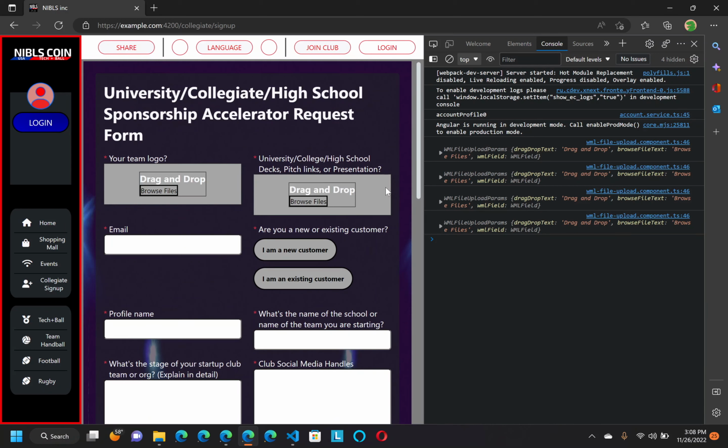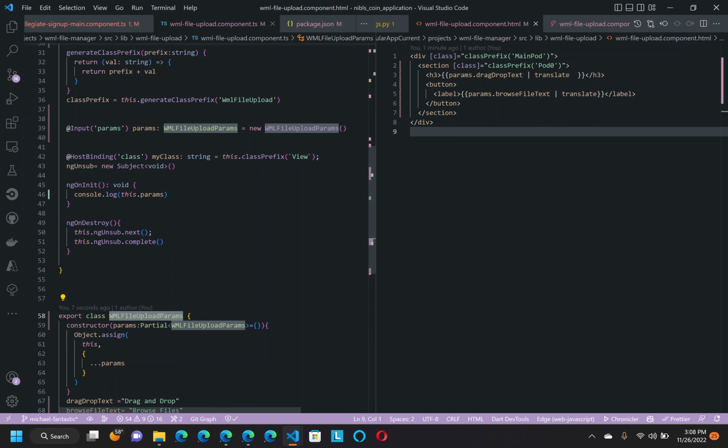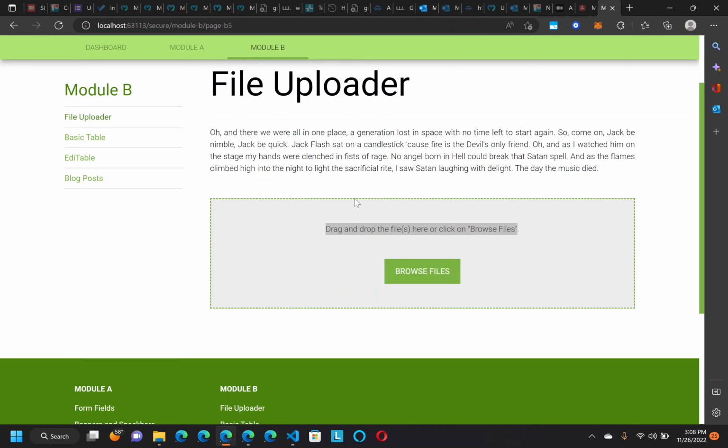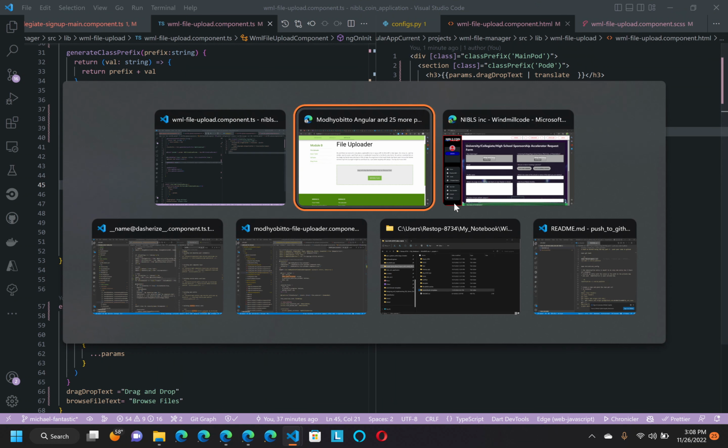Alright, so drag and drop, browse files. Kind of see this two times. I always wonder why this likes to instantiate two times, but I'll definitely get to the bottom of it. Alright, so ultimately what I would like to see